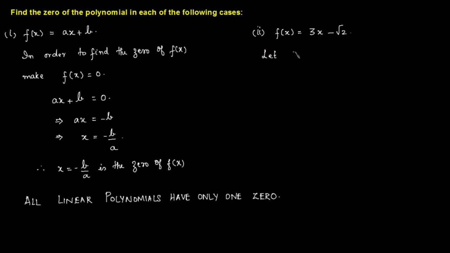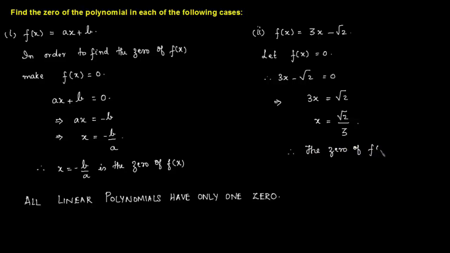So, let f of x be equal to 0. Therefore, 3x minus root 2 will be equal to 0, which implies 3x is equal to root 2, or x is equal to root 2 divided by 3. Therefore, the 0 of f of x is x is equal to root 2 divided by